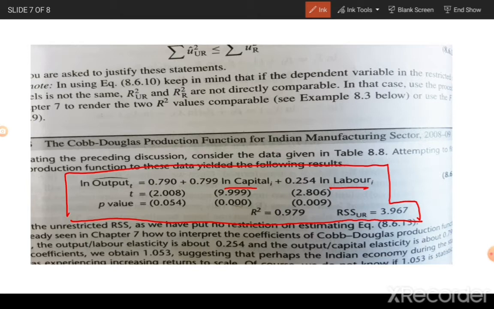So this is my R square, 0.979, very high R square, that's very good. And the residual sum of squares of this unrestricted model, that's why the subscript UR has been given, is 3.967. Now, if you add up beta 2 and beta 3 here, it is 0.799 plus